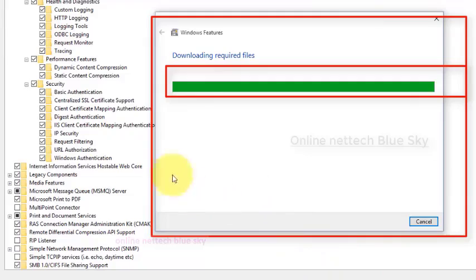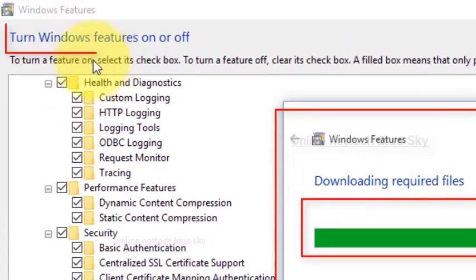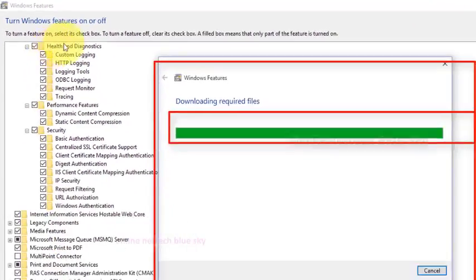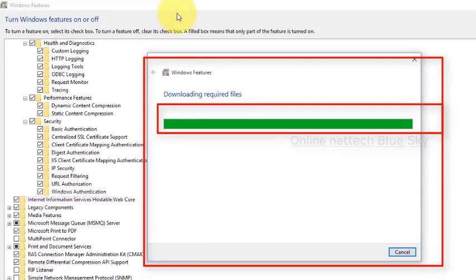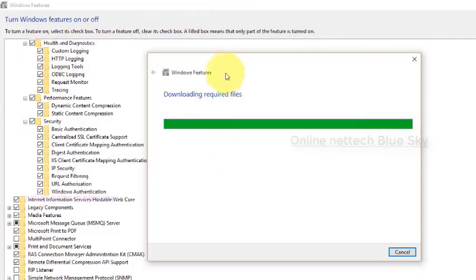Some files and folders come with these options, along with security and features. Some features are not directly turned on or off, and some features are already hidden in this window. So first you can see it downloading the required files, and the system downloads these files automatically. Afterwards the feature does not start directly, because some features are turned off by default in these programming features, and the same process applies in Windows Server.